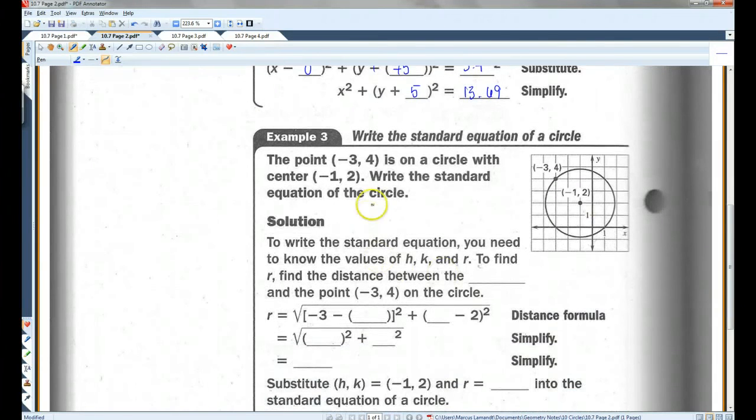Alright, let's try a harder one. The point (negative 3, 4) is on a circle with center (negative 1, 2). Write the standard equation of the circle. Alright, so we have the center, (h, k). What we don't have is the radius, and it's not a perfect number. We can't just count. So in order to find the radius, the distance between these two points, we're going to have to use the distance formula. So we're going to find the distance between the center